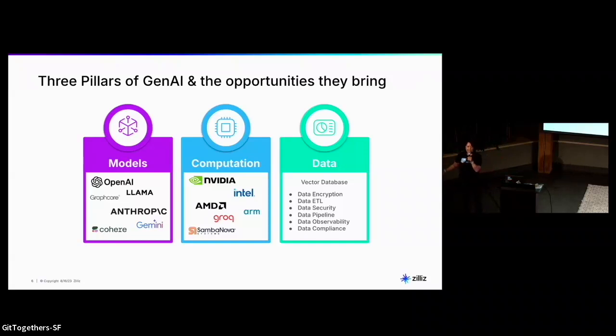So of course, when we think of GenAI, there are all the models. I've talked with some of you today. There are a lot of models and a lot of activity happening, and these names are what you typically see. And of course, there's the hardware side, right? Computation. But really the third pillar of GenAI is all about data. And of course, as a vector database, we want to make sure that everyone understands this is where you put your vector embeddings. However, there's actually a lot more in this data space